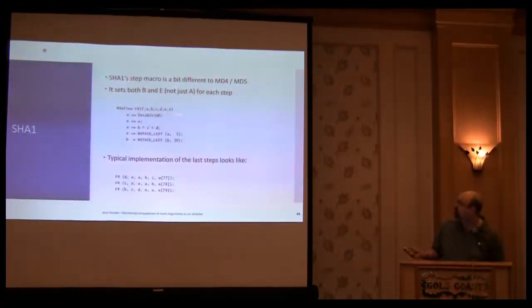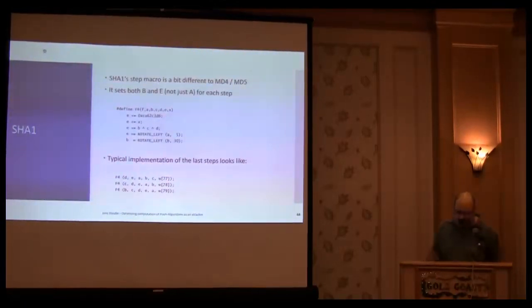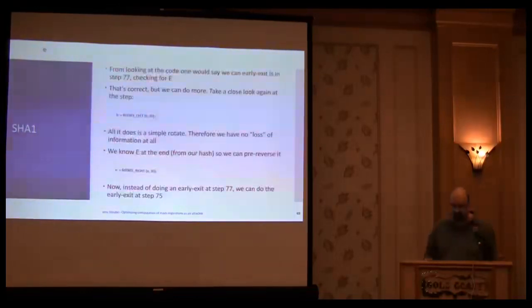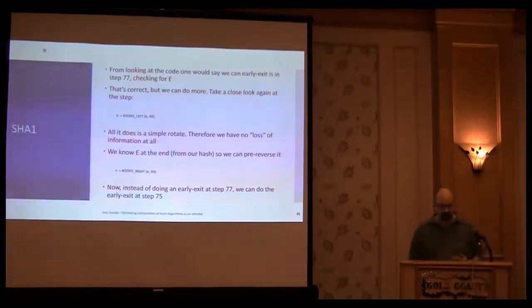So I said SHA1 is the same as MD4 and MD5, but you see the constant at this point. This is the constant from the initial A, B, C, D, E constant. So at the end, like in a typical implementation, we have set E here the last time. Usually you would say you have to check E after step 77, but if you take a close look at it,